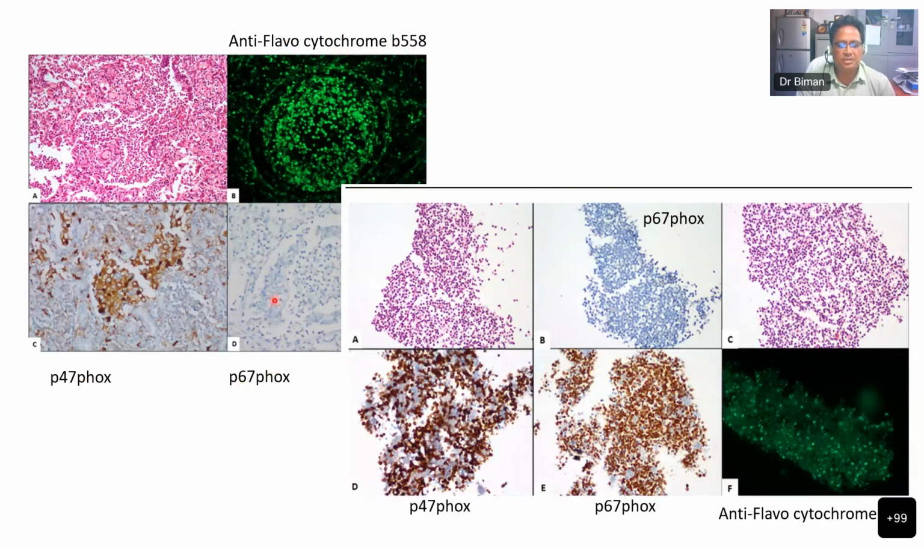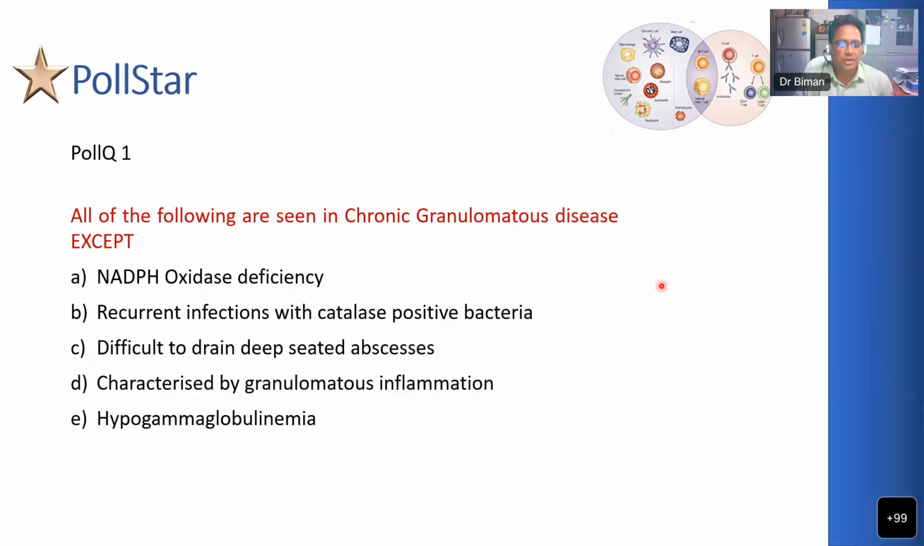Here in this case, you can see that there's a lack of staining for P67. This is another case here. You can see that there is lack of P67 staining here. So even immunohistochemistry can, if you have the antibodies and you have tissues, even if you could not do the flow cytometry in time, you can still try to give a diagnosis by immunohistochemistry, and this is absolutely possible. So, first poll question: